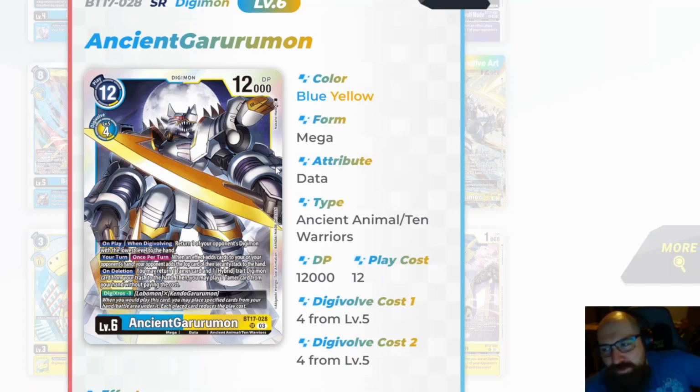It's kind of annoying for your opponent, but at the end of the day, it's the new win condition and it's painful. On deletion, you may return 1 tamer card or 1 hybrid traded Digimon from your trash to the hand. Then you may play 1 tamer card from your hand without paying the cost. And as we saw with the